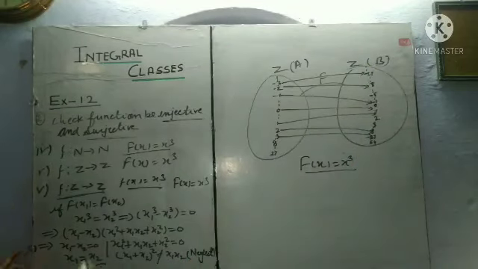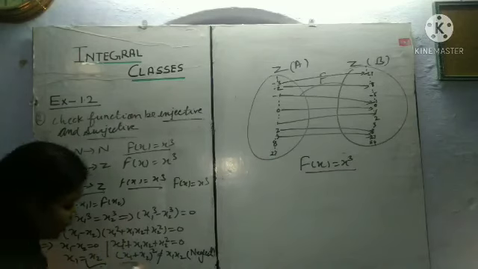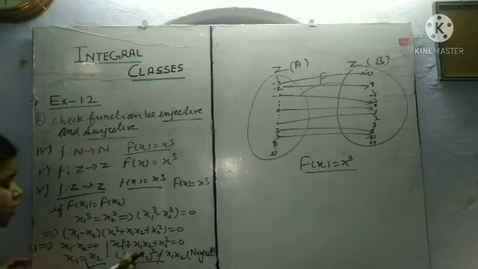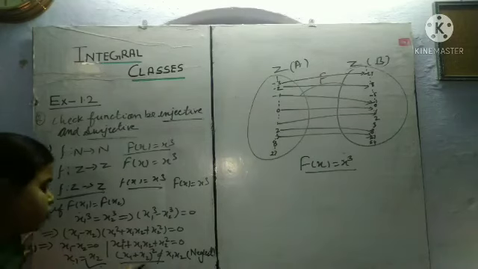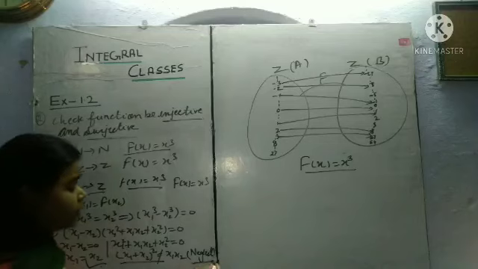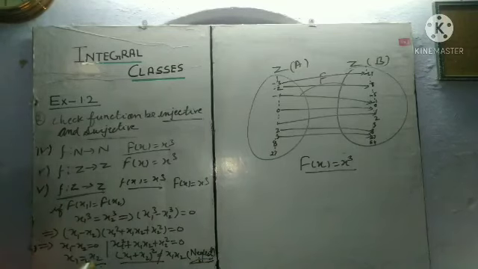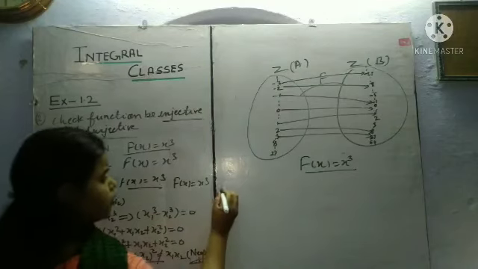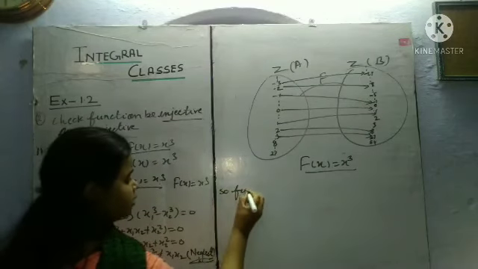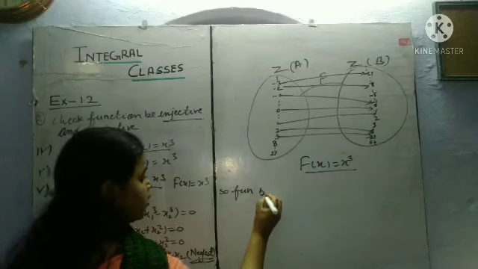So now for one-one again we will solve. It's like the previous question: f(x1) equal to f(x2), so x1 cubed equal to x2 cubed. Then we will do factorization here. We will not consider the other factor because it's not possible that the sum of two numbers and their squares is equal to their product. So we will neglect this identity. We will use x1 equal to x2. So the function is one-one.